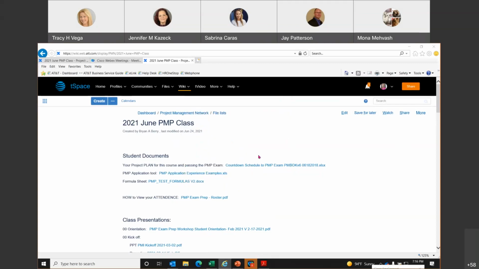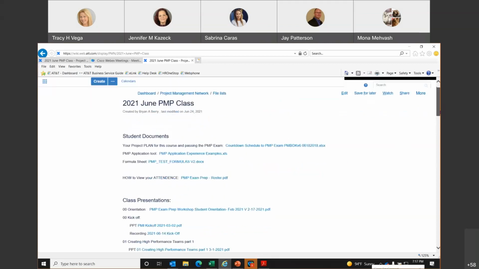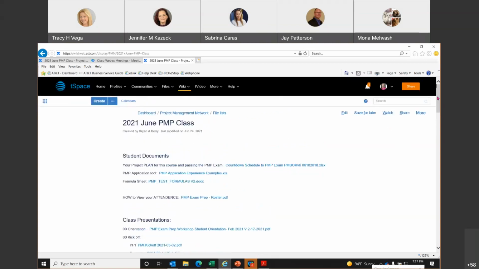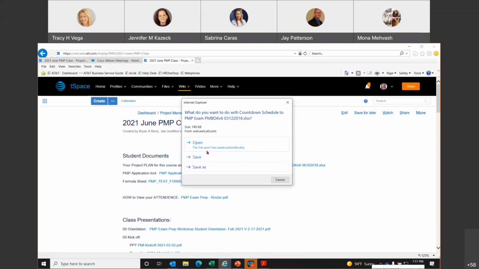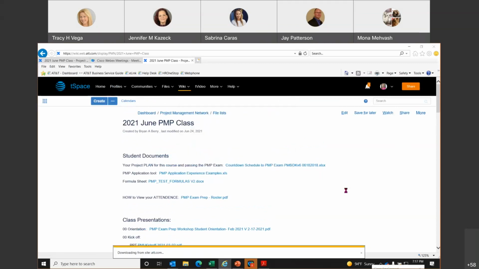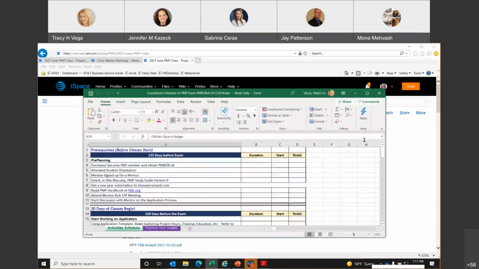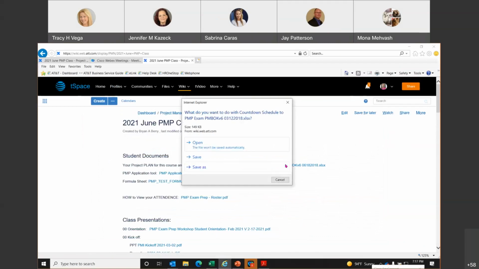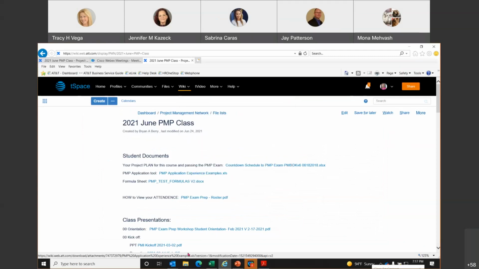I just found it on the PMI website, under the shared document students only, it says countdown schedule to PMP exam, and they're all listed there. I only thought brain dump was page 25 until you said something about page 49, and I'm like, page 49 looks similar to page 25, so how do I find the rest? So I went on a hunt.